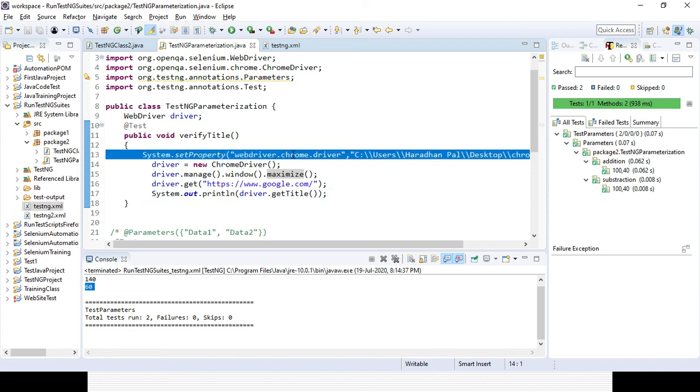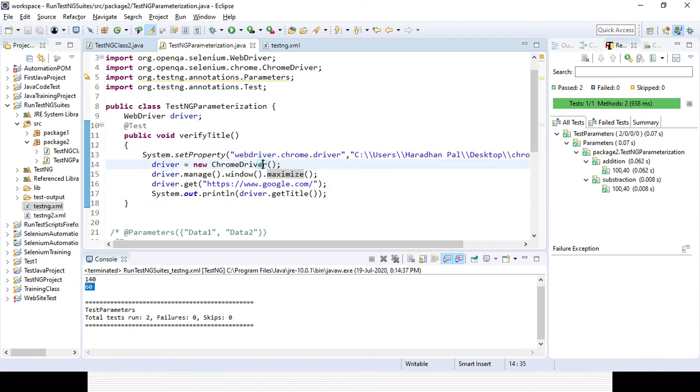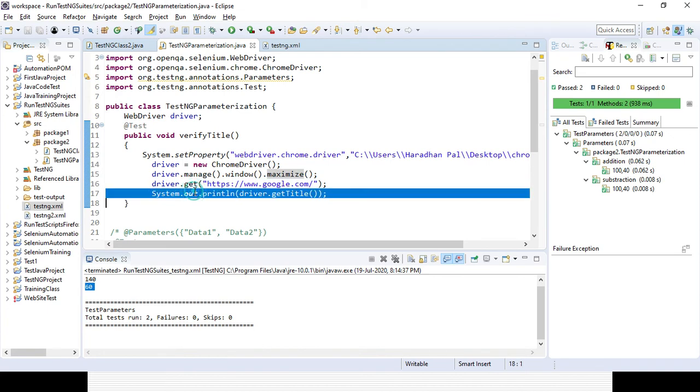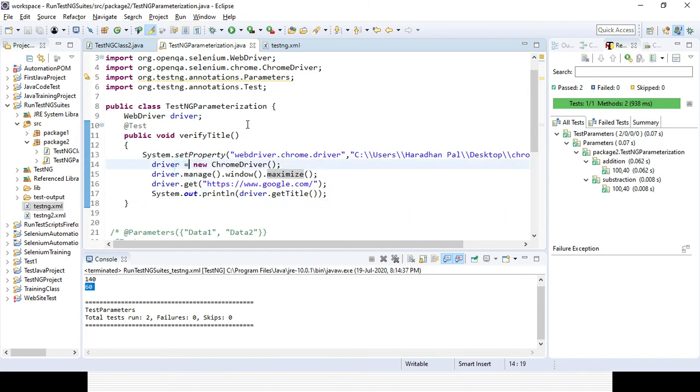Now, if you run the code, it will give you the title. So I am setting the properties for the Chrome driver, instantiating the Chrome driver, maximizing the Chrome browser, passing the URL for Google, and I want to get the title. So now if you run it